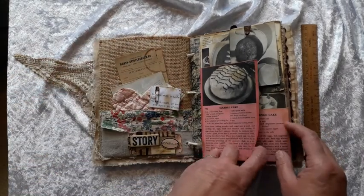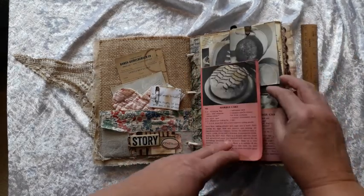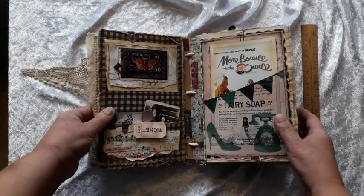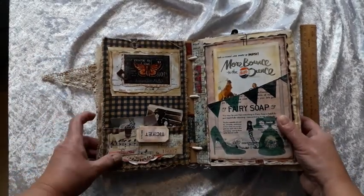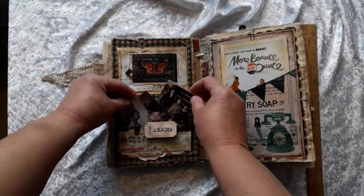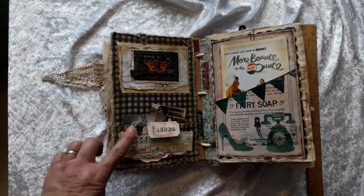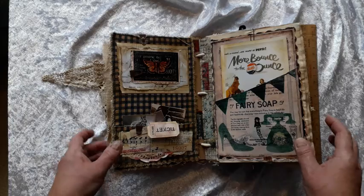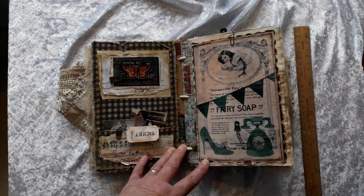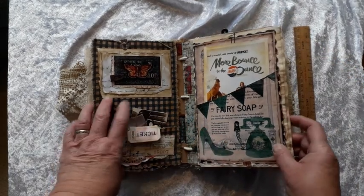On the next page is a collection of recipes. They were originally glued in, but then clipped as the collection became too much for one page. Turning over, we have some gingham material with a pocket, and there are tickets and vintage photographs, collage, the little rusty clip there and there, collage down here, and over here we have a vintage fairy soap advertisement and a vintage postcard in there. There's plenty of room for you to add your own